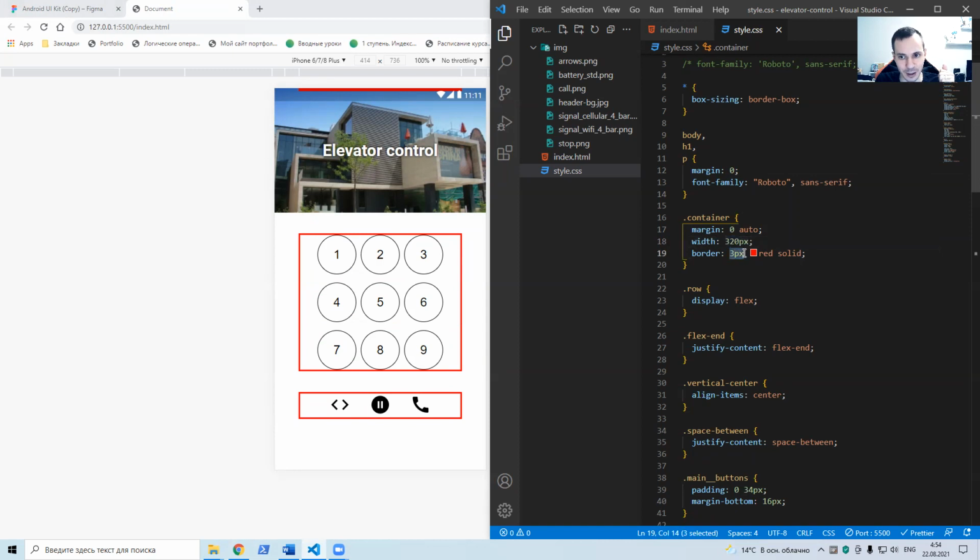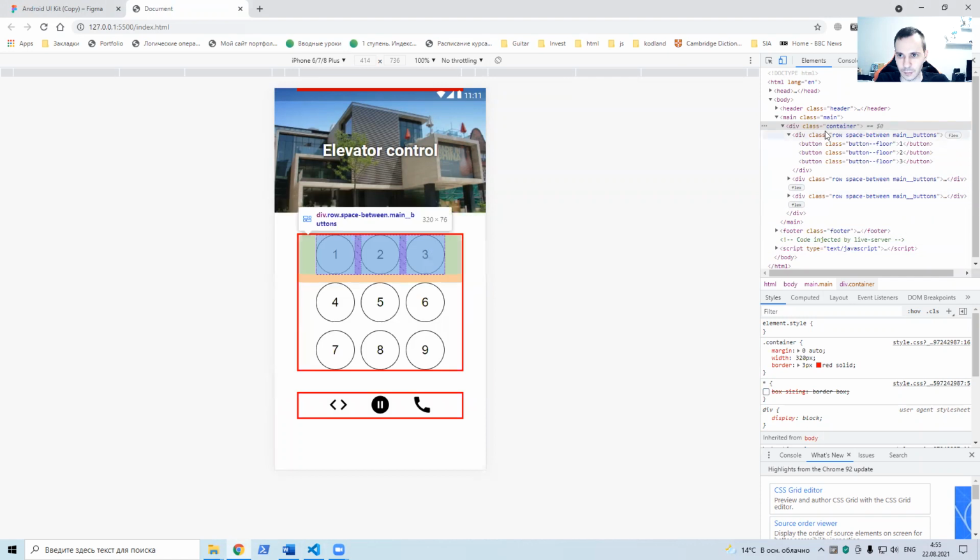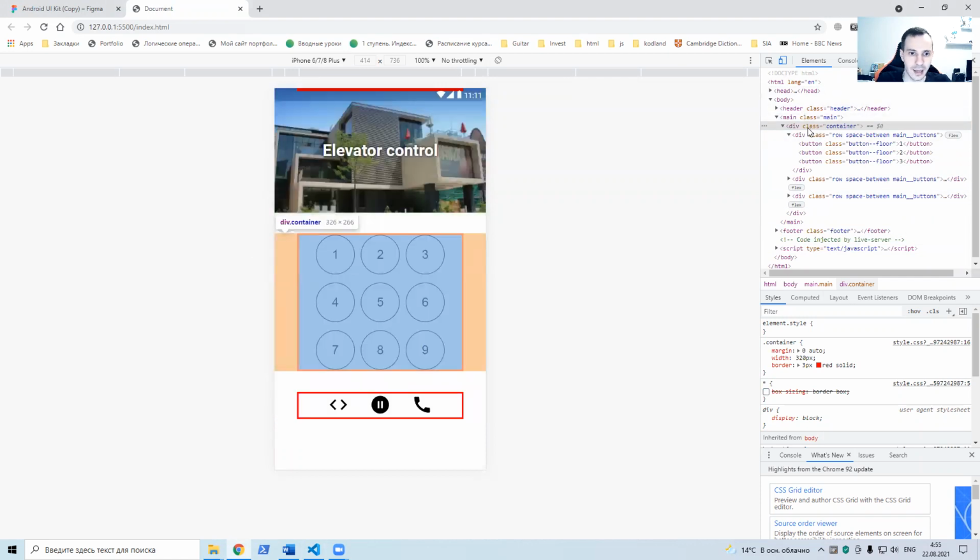It's 3 pixels plus 320, and then another 3 pixels from the right. Then its actual width is 326. Yes, 3 plus 320 plus 3. Let's take a look. Yes, do you see here? It's 326